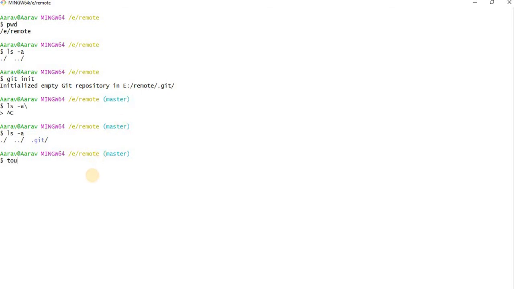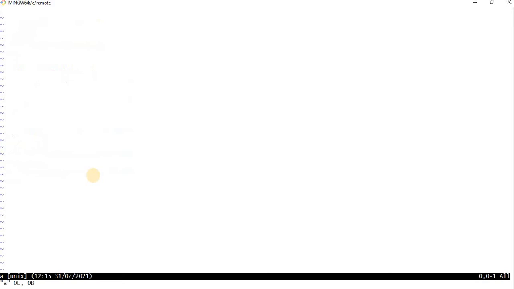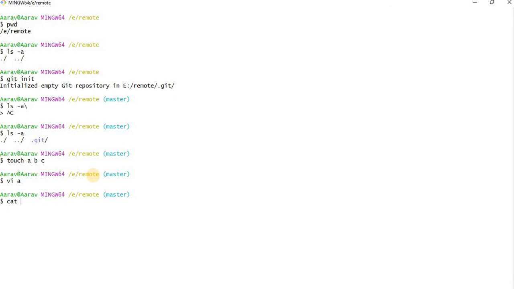Now I am creating a file called A. Let's say I'm adding some random data. Just saving this file. Now you can see with cat a, you can see this data.